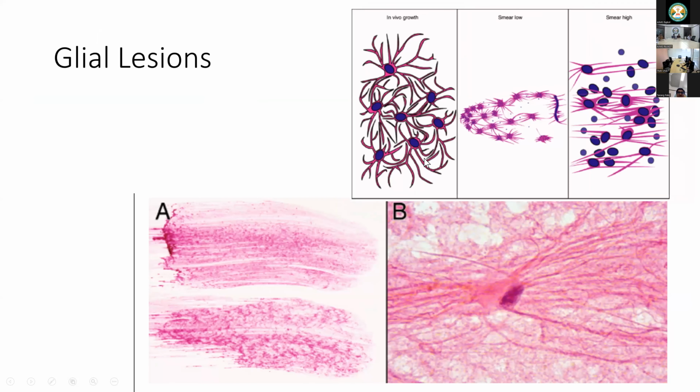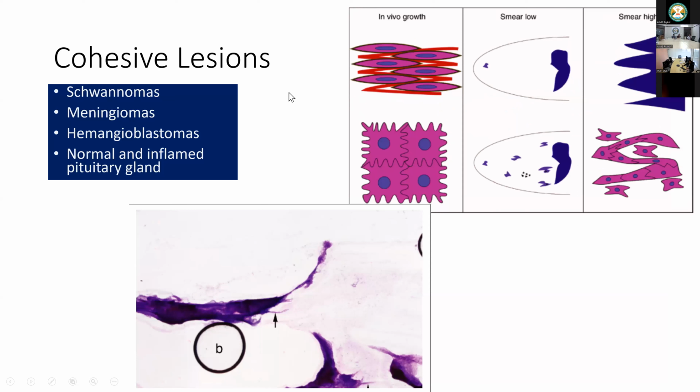Then glial lesions, the glial processes can be seen. The smearing will have a spread-apart cotton wool appearance, like we can see here. And the glial processes can be evident, especially in reactive lesions and in tumor processes. In cohesive lesions, again, as they are well connected by the connective tissue, like in schwannomas, meningiomas, and hemangioblastomas,